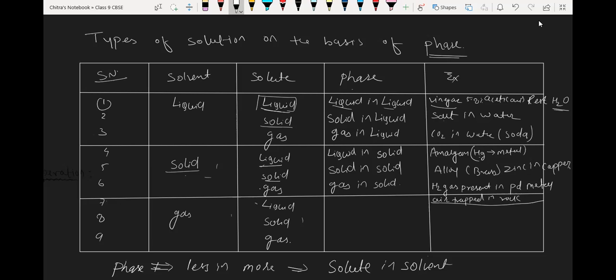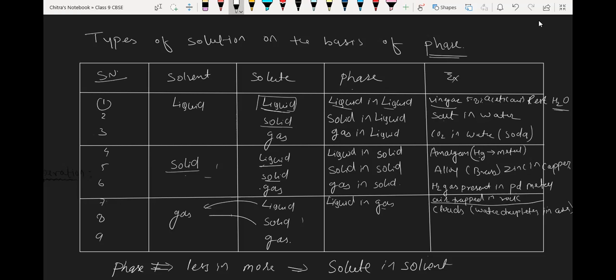Next we have liquid in gas. Liquid in gas. We have cloud, that we already faced in your test. Cloud means it is water vapors, or we can say water droplets. Sir, solid in solid means we can take any one solid, like bench? Yes, any solid, but it must be homogeneous. So any alloy you can take. So water droplets in air is the example of liquid in gas.